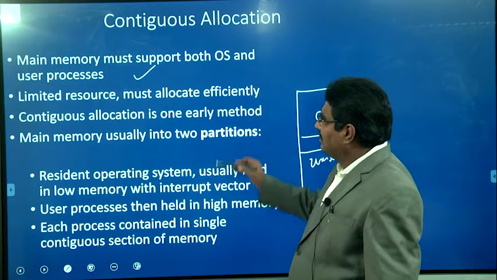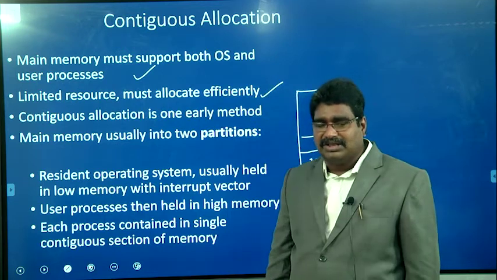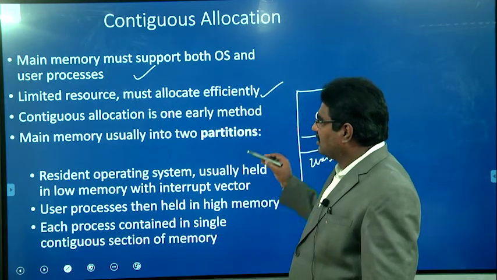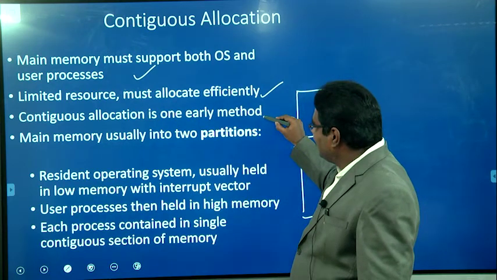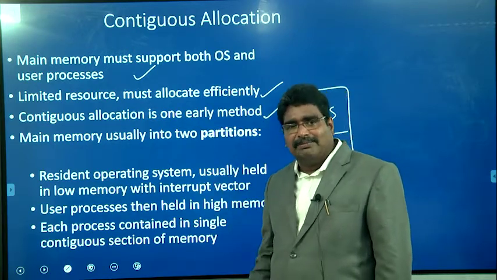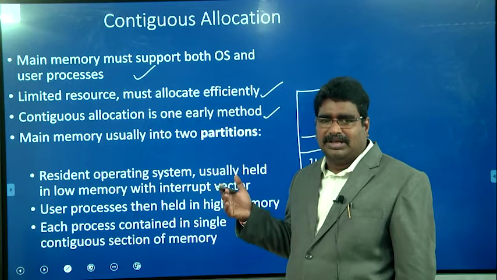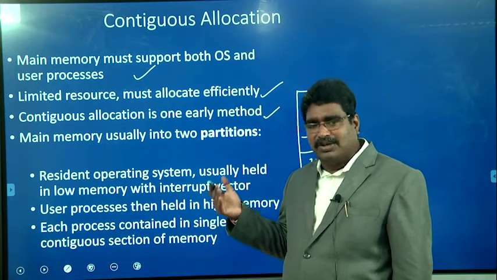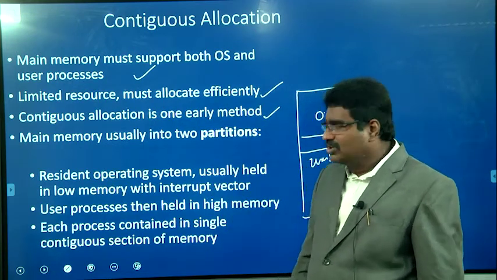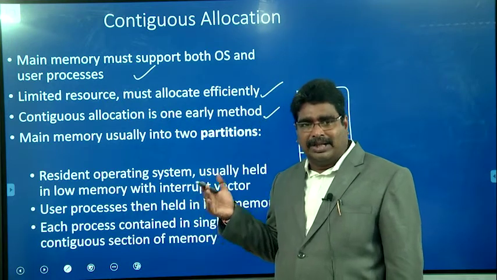Automatically, the limited resources must be allocated efficiently. So if the system has limited resources, we must allocate efficiently. Contiguous allocation is one early method. In the early days they used contiguous memory allocation, but it has a limitation, fragmentation. To overcome that, they went for segmentation. Again, segmentation also has some limitations. To overcome that, they went for demand paging techniques. So contiguous memory allocation is the early method, and it is the easiest method to allocate memory to